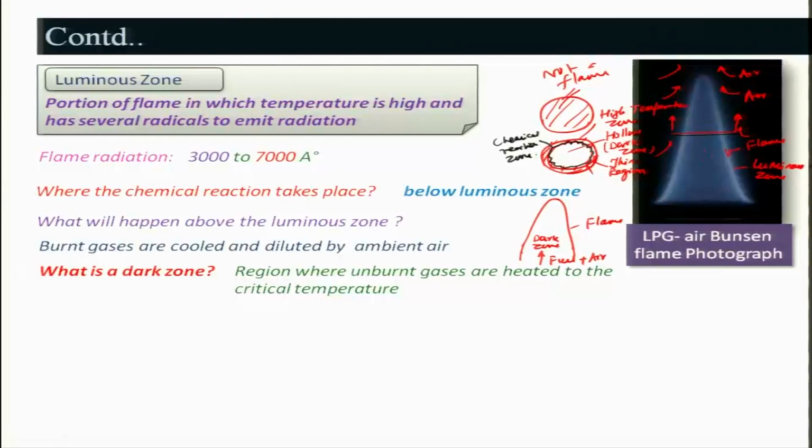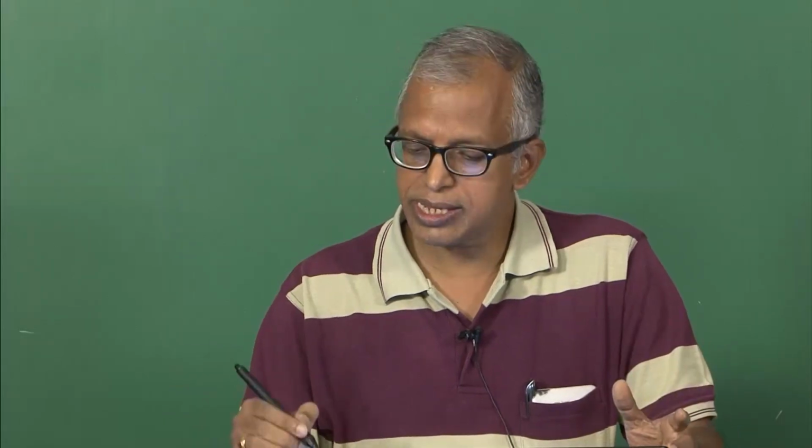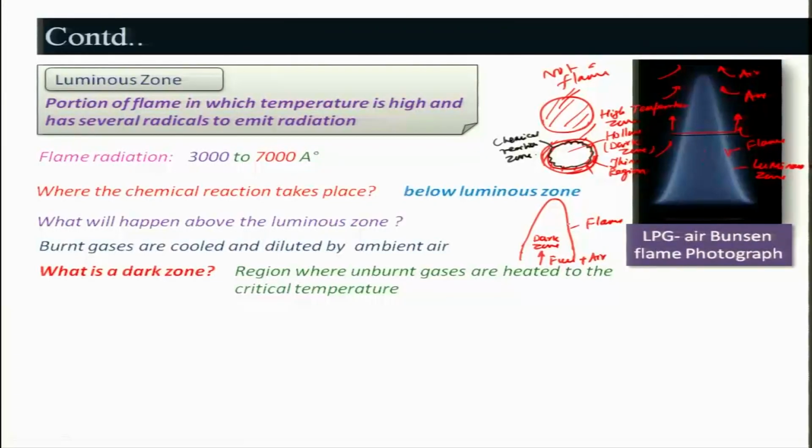Therefore, that prepares the mixture to attain a certain critical temperature so that ignition can take place, and that makes the flame self-sustained. Even though you initiate the combustion with ignition energy, afterwards you stop providing ignition and it is still maintained. That means this process makes the combustion self-sustained, and this dark zone plays a very important role.